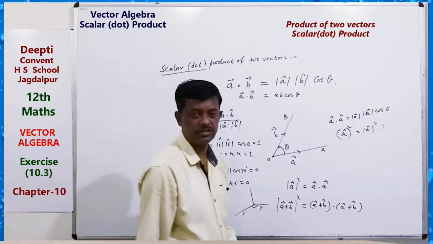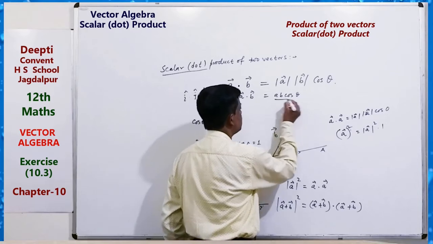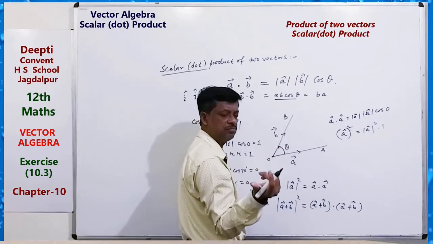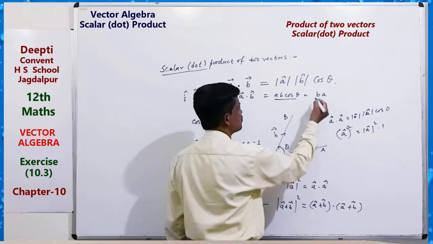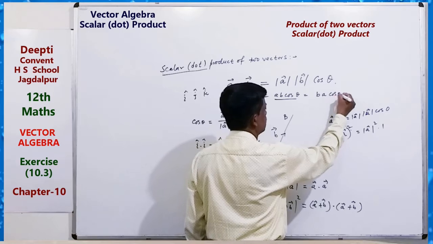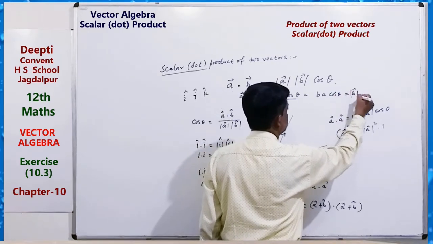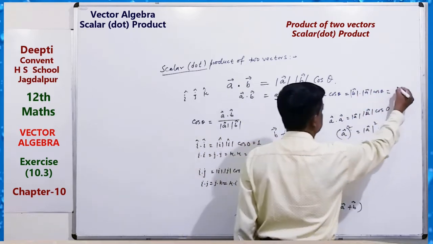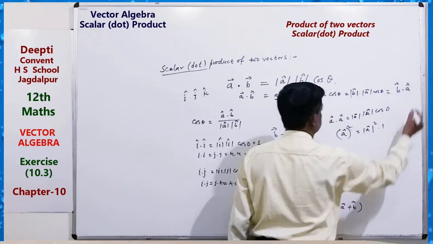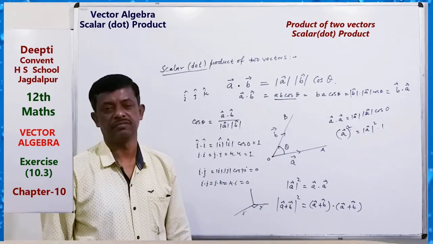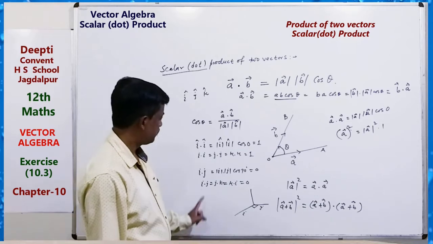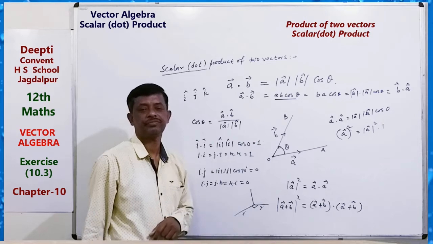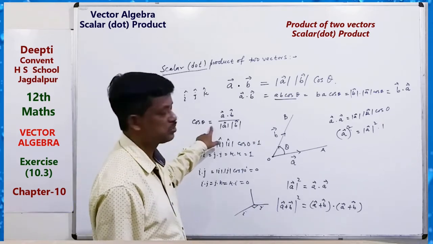And also from here we can see that A dot B equals B dot A. Commutativity holds for the dot product, because it can be written like this: B dot A, because modulus of A and modulus of B are numbers, constants. So we can write modulus of B, modulus of A, cos theta, just first B and then A. That means B dot A. So A dot B equals B dot A. Commutativity holds. So we can write I dot J or J dot I, the same thing. So they are all 0. Clear?